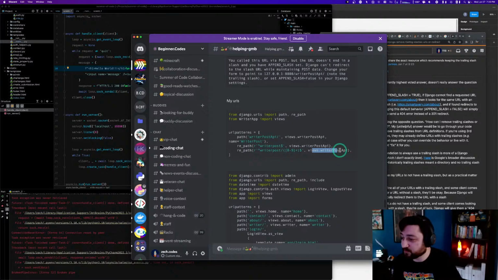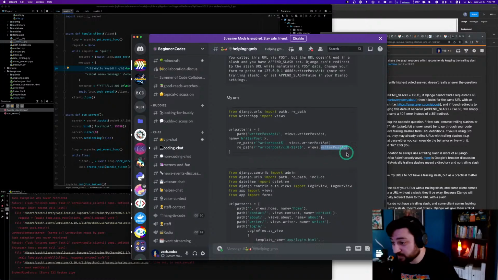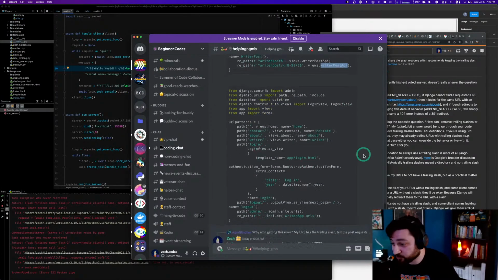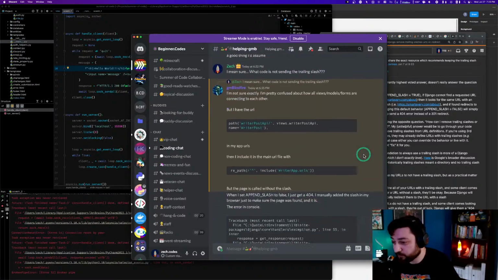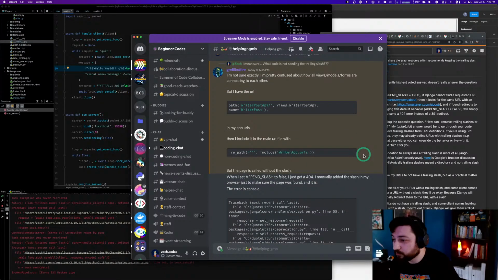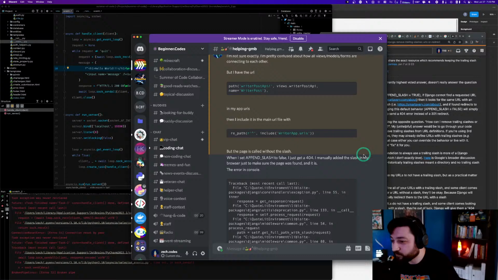What does this writer post API view look like? Maybe it is impacting something. I'm not sure. Like I said, I'm not super familiar with Django. But